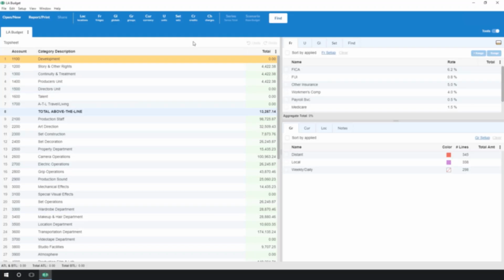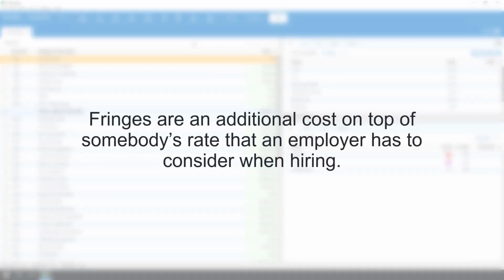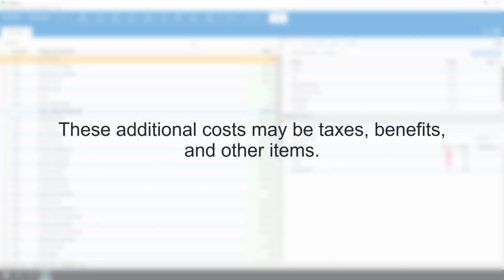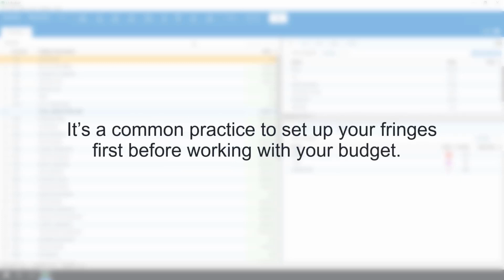Fringes are additional costs on top of somebody's rate that an employer has to consider when hiring. These additional costs may be taxes, benefits, and other items. It's a common practice to set up your fringes first before you begin entering any information about costs and labor